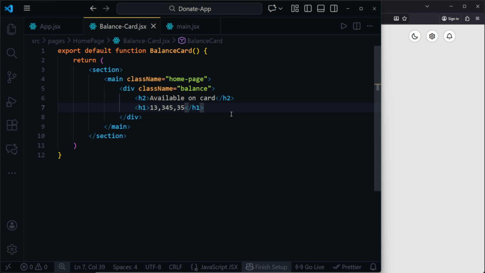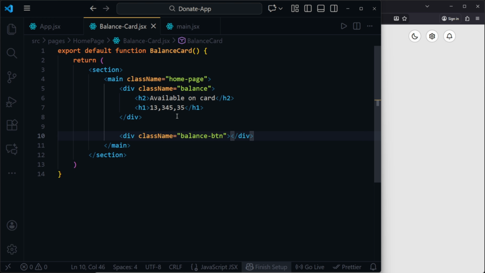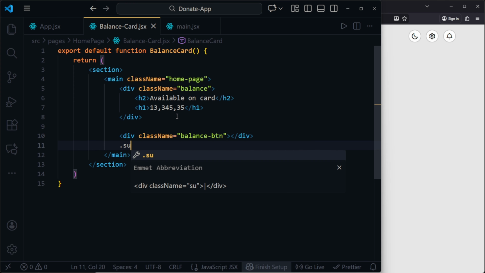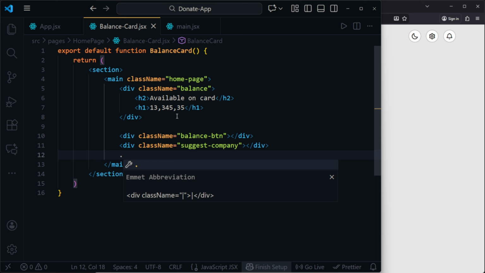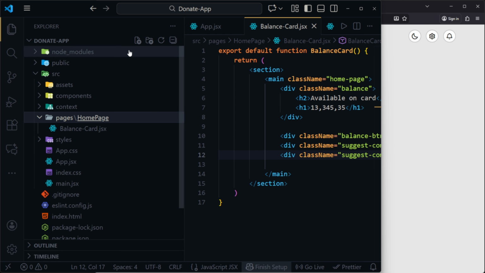Create a div and add class name BTN. Inside this div, we will later place our action buttons. Below this, we create a div with the class name Suggest Company. Inside it, we render the Suggested Company component. We also create another Suggest Company section, which we will use later. Next, inside the homepage folder, create a file named